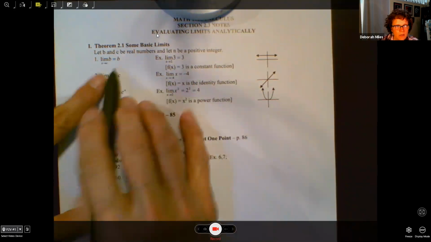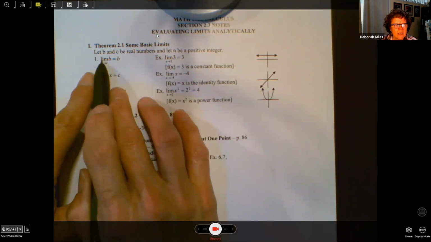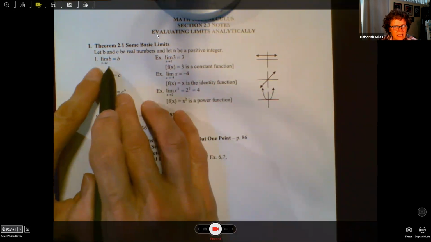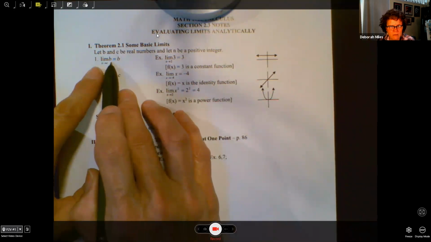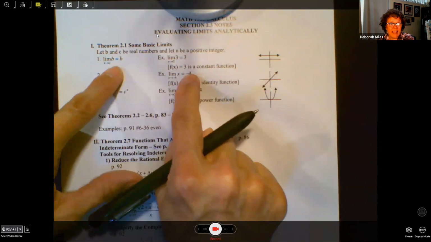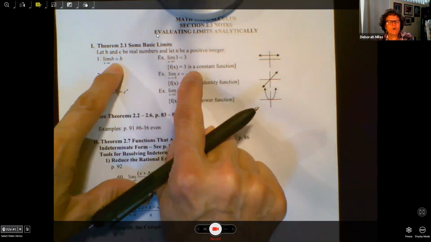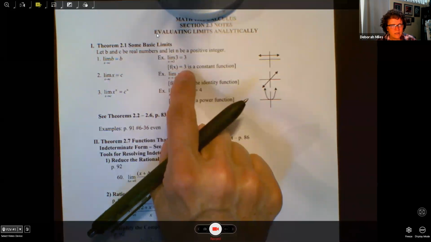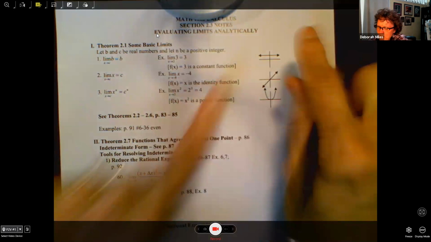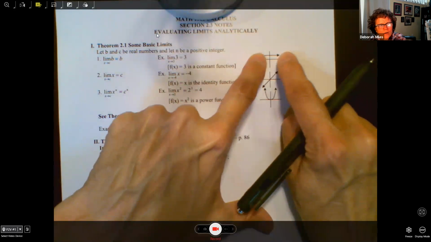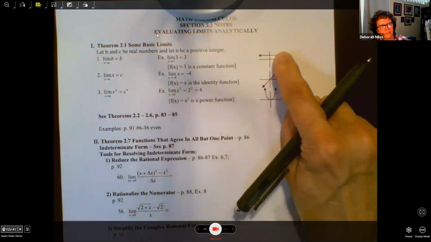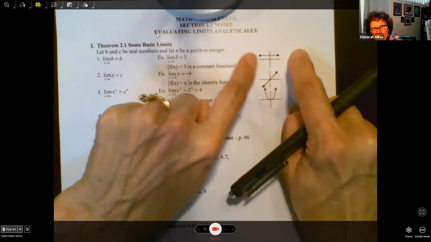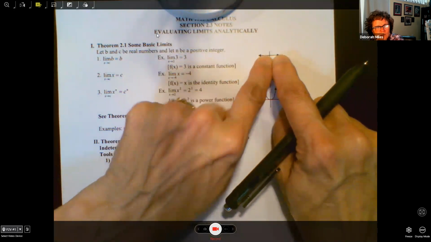Let's see if these three rules make sense. The first one says the limit as x approaches c of some number b, f of x is just a constant function. F of x is b here. So let's say we had the function f of x equals 3. Then what would y be approaching no matter where you are on the graph? No matter where you are on the graph, the y's are all